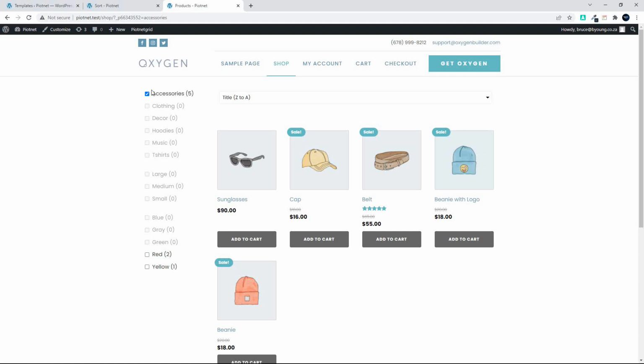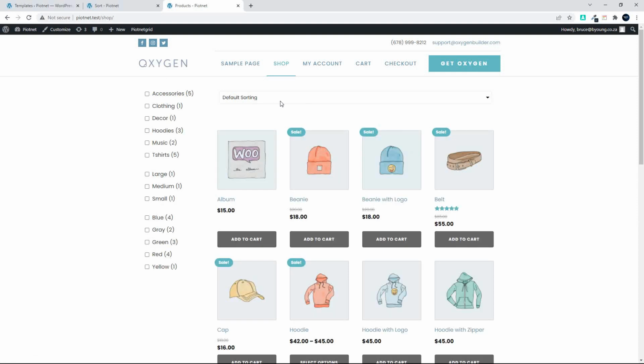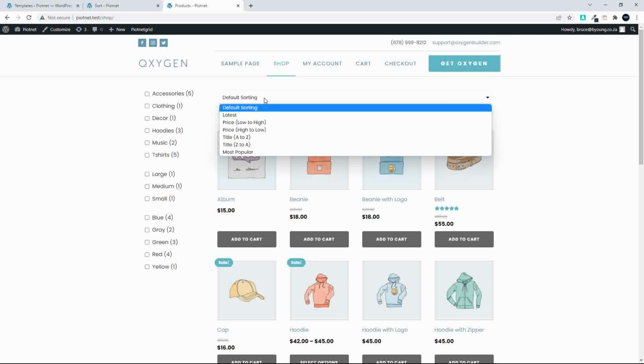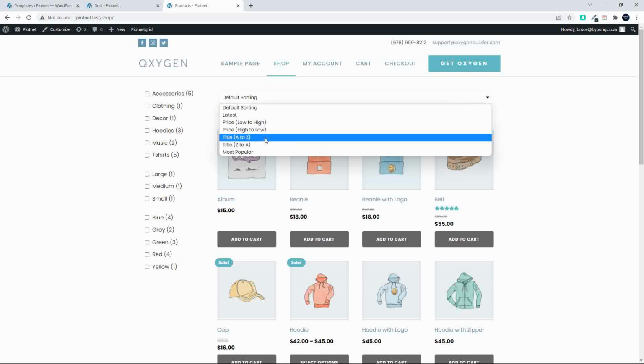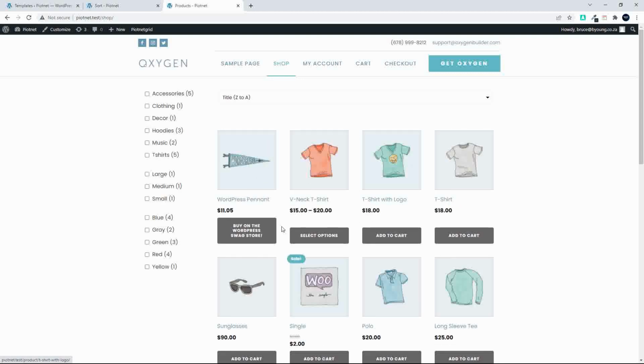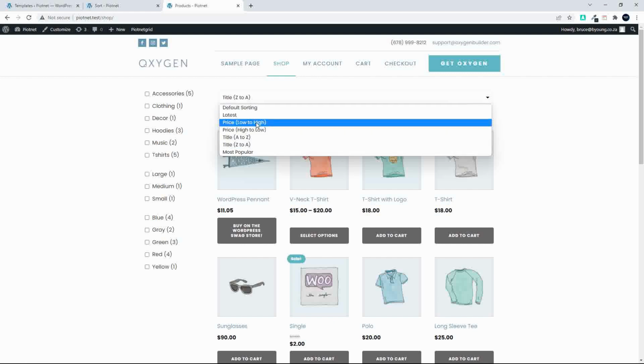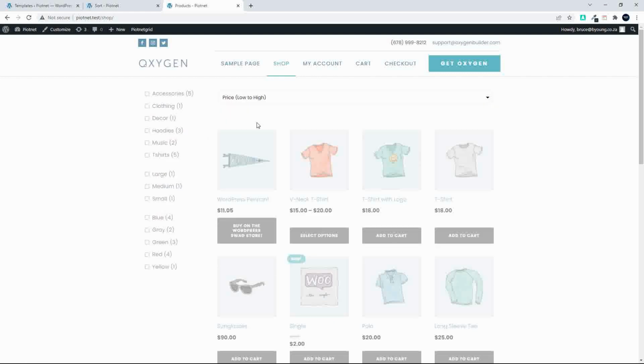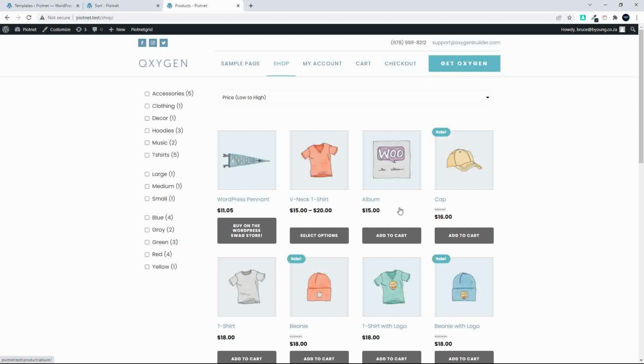So in this video we're going to have a look at using the sort feature, using the Piotnet facet to create the sort filter. So to give an idea of what I'm talking about, we go to default sorting and I'm going to go title Z to A, and you'll see now that all the items are arranged in the reverse order. If I go price low to high, you'll see the cheapest product first, followed by all the other